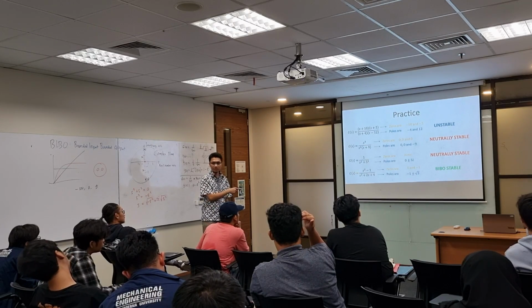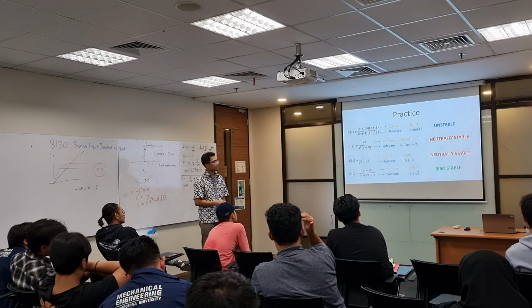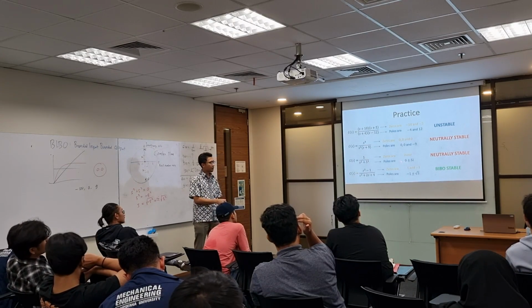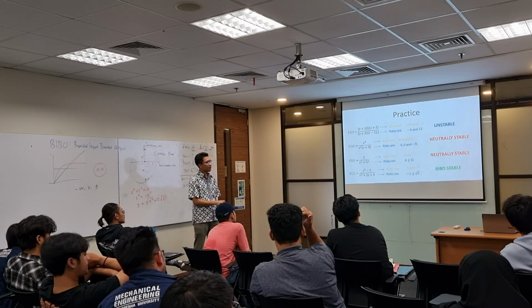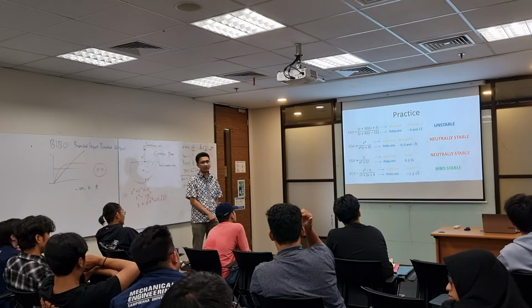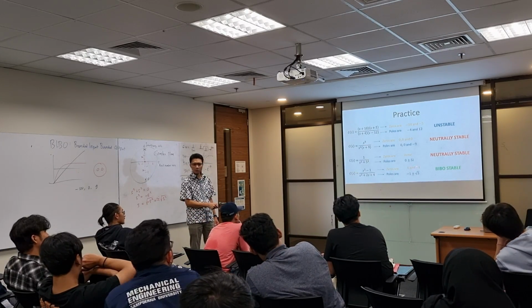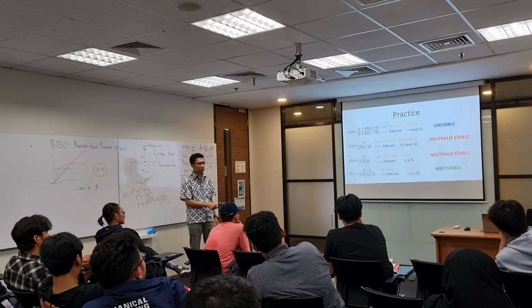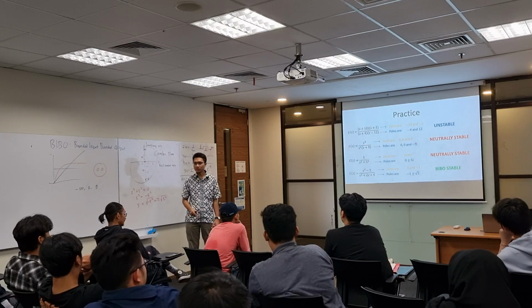Any question on this? The top and the bottom part we haven't discussed yet. Neutrally stable because of the 0 here. Unstable because of the 12 there. This is stable because we have minus 1. What about the positive 0? The 0 is positive, but it is stable. Yeah, we look only at the pole.